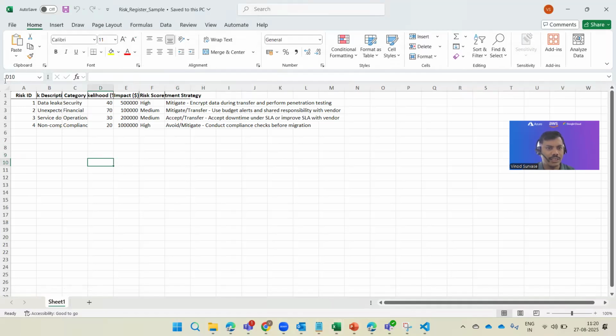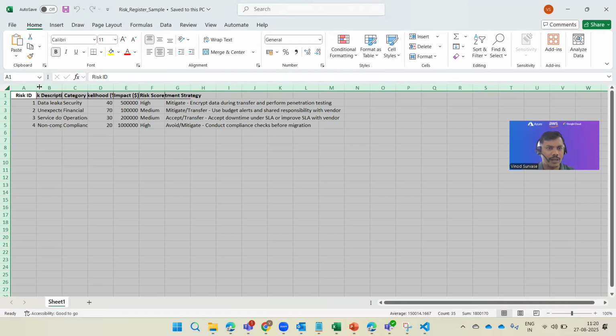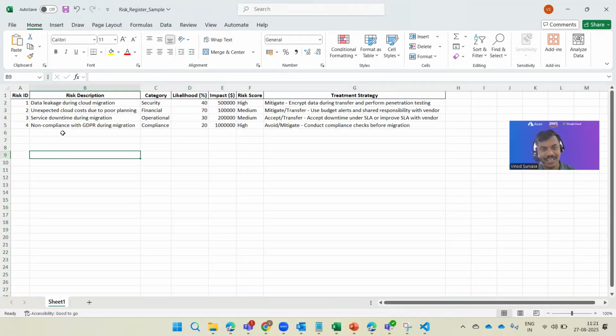All right, so you can see there are risk ID, risk description, category, likelihood percent, then impact in dollars, so impacting the money, and risk score along with treatment strategy, right? And these are the different risks, for example, risk 1 till 4, where it